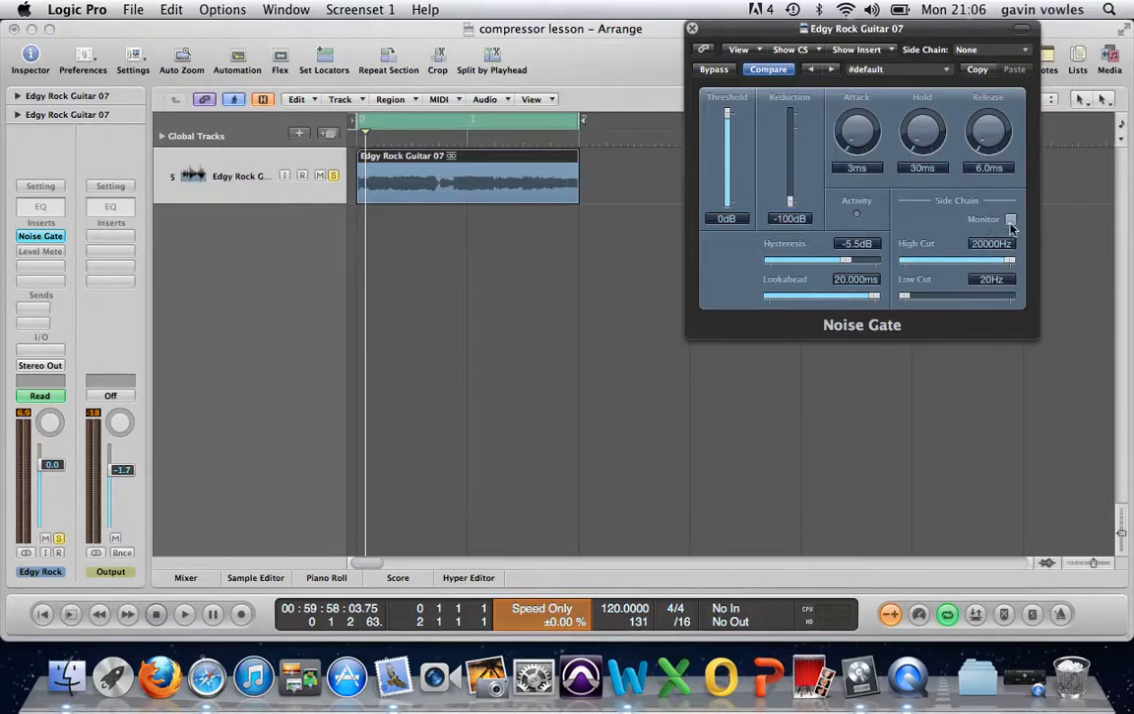The sidechain monitor I'm not going to use today, because they've got a low and high cut pass, and that's basically if you're using the noise gate for drums. So I can't really give a good example beyond now. The hysteresis is, if we just drop this down slightly,